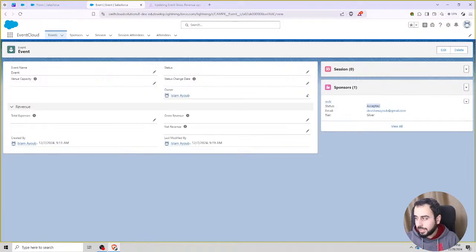But what happens if someone deletes it? You need it to trigger on delete as well. So you have to create two flows. One flow to run on create and update, and another flow to run on delete, and both of them will